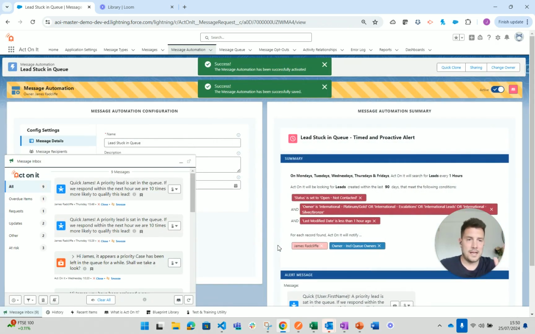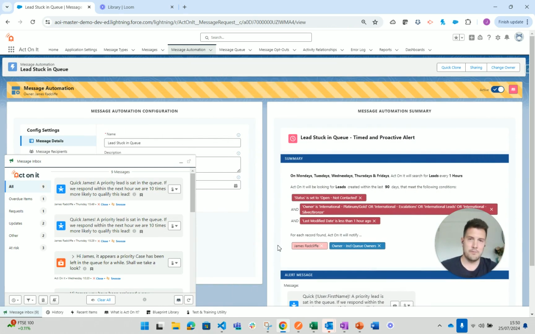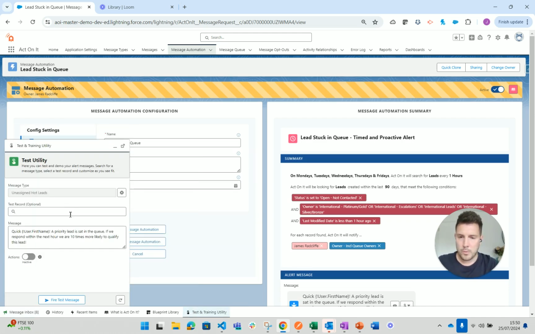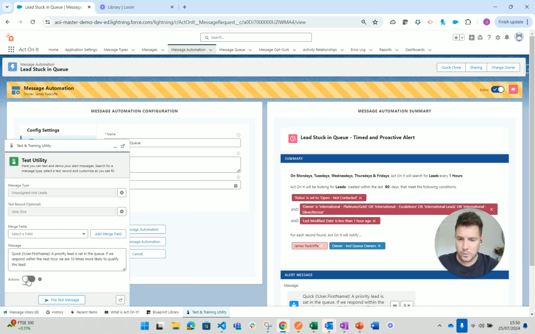And that's it. Act on It is now supervising our lead queues for us. It took 2 or 3 minutes to configure, and the second it detects something, it's going to fire that message, as we can see here. Now, unfortunately, this isn't tied to a record, which is why we haven't got the actions here, but just to show you some other examples, if I quickly fire one more,